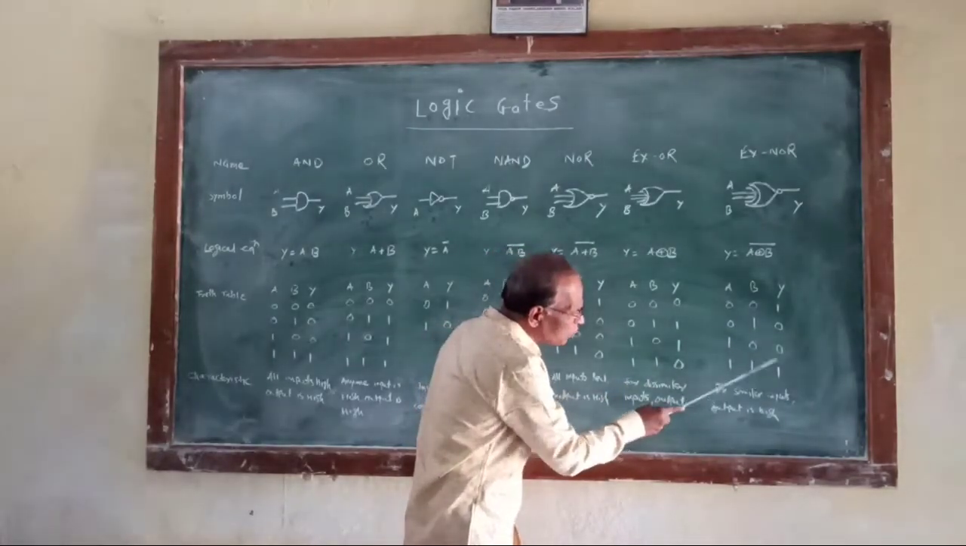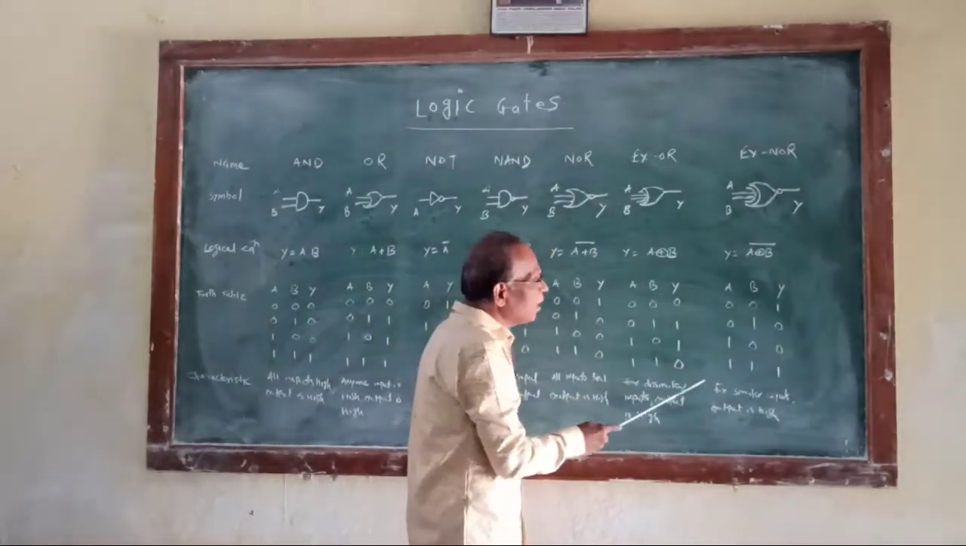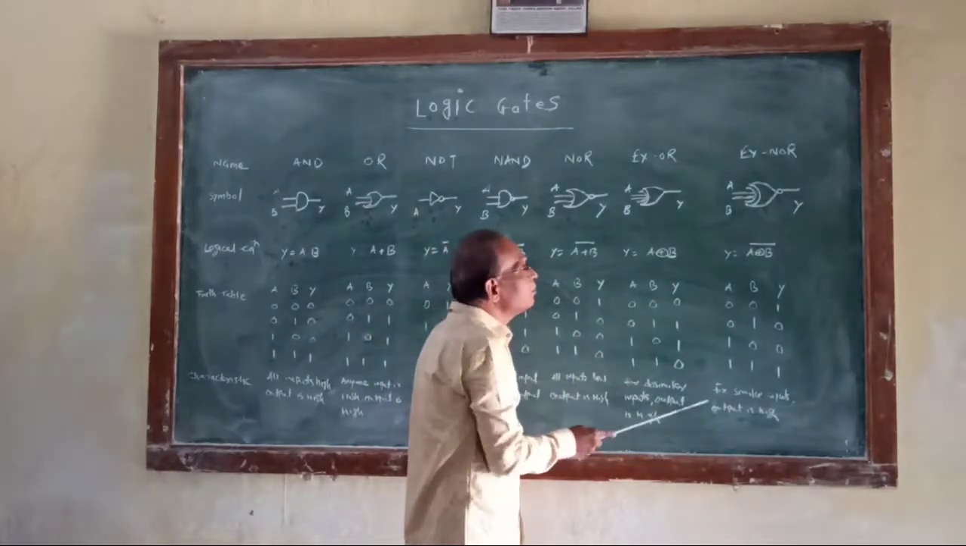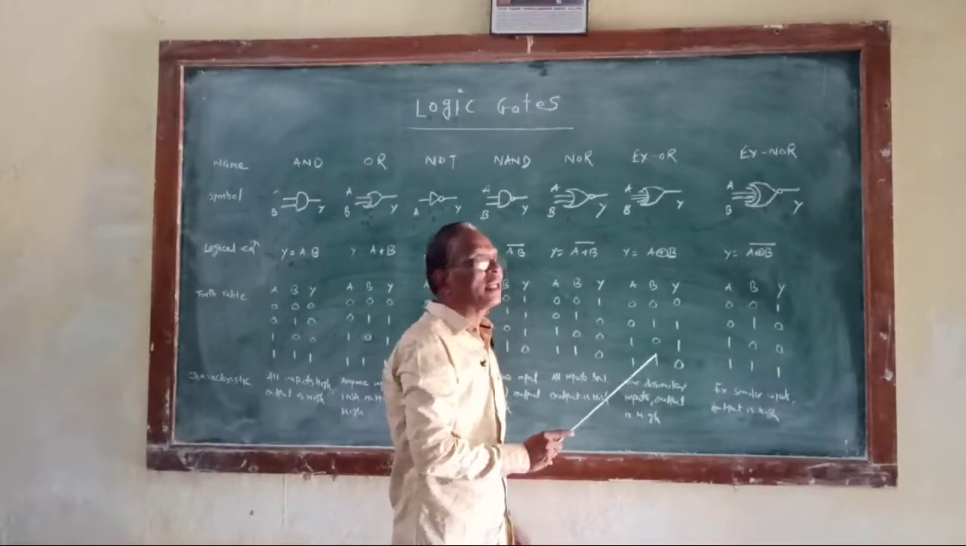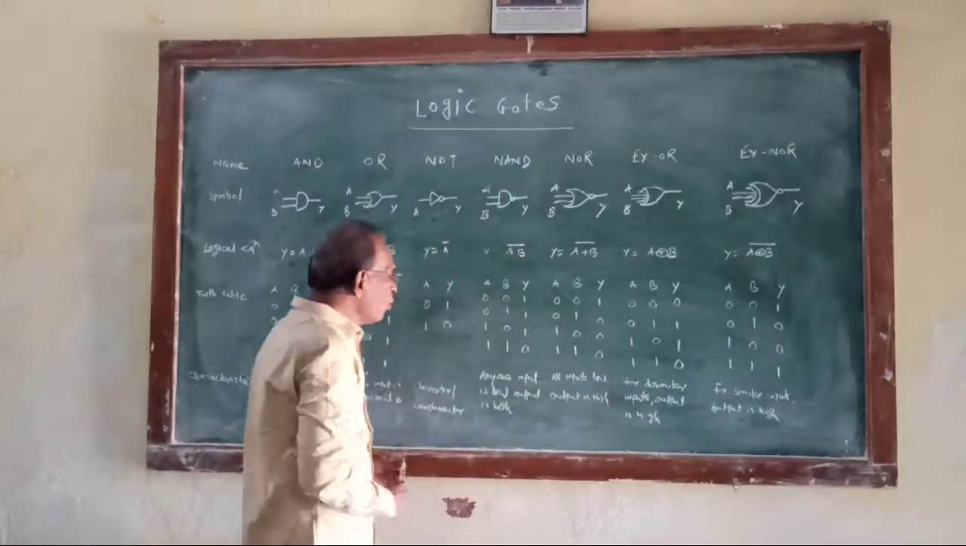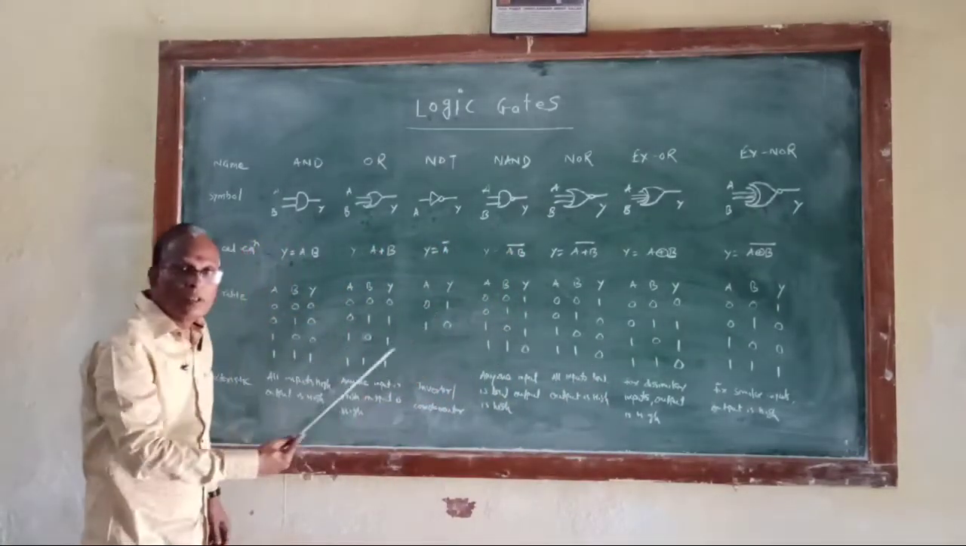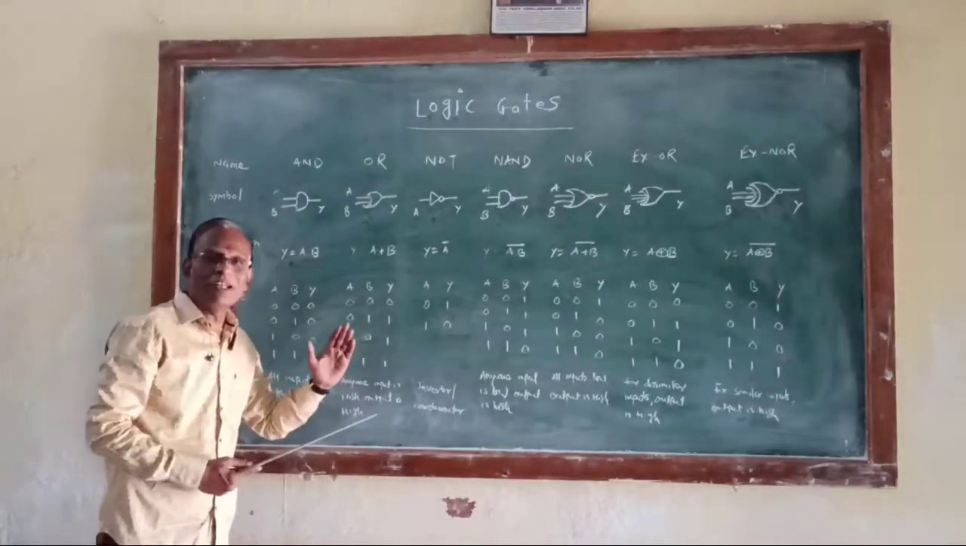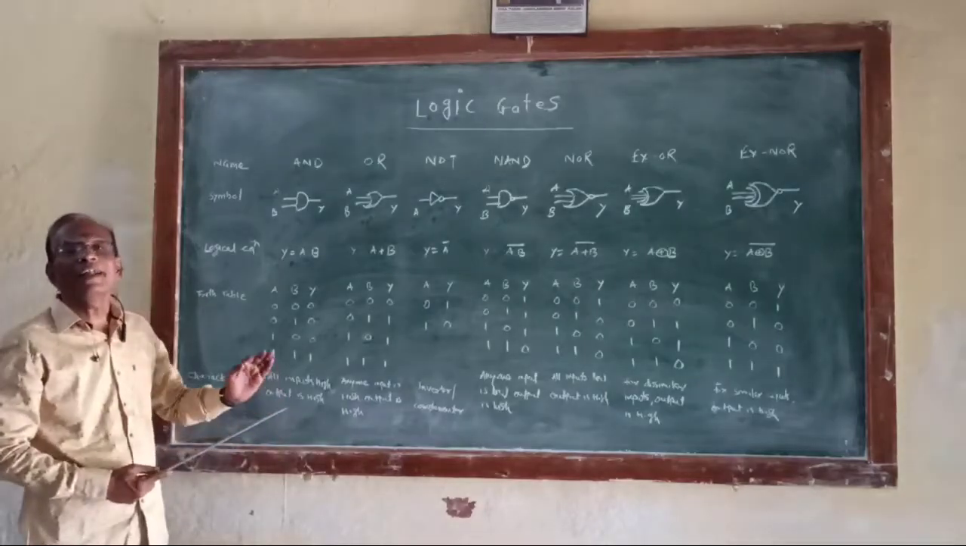For similar inputs, the output is high. The meaning is that when inputs are equal, the output is high, or sometimes this XNOR gate is also called the equality gate. So for all these 7 logic gates, you will get one important characteristic,